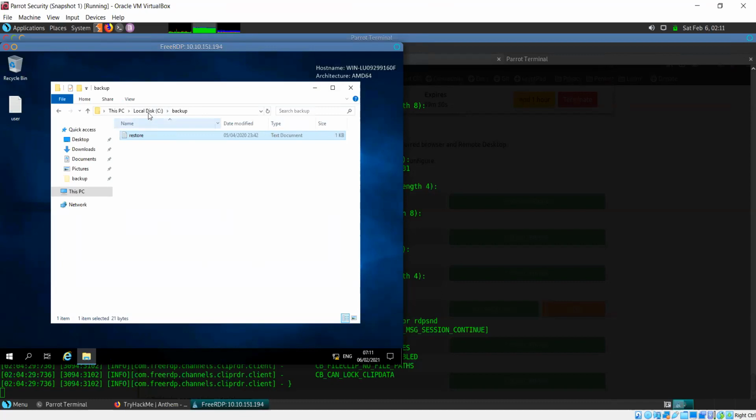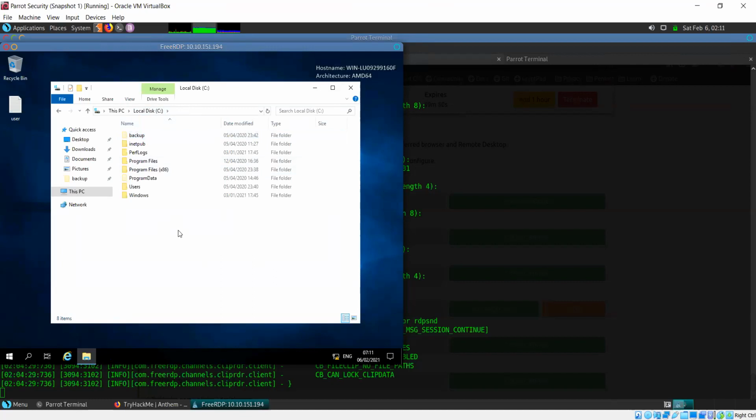So that's the extent of what we found in the backup folder, just one file. Where to go now? What is the next folder that we should see?